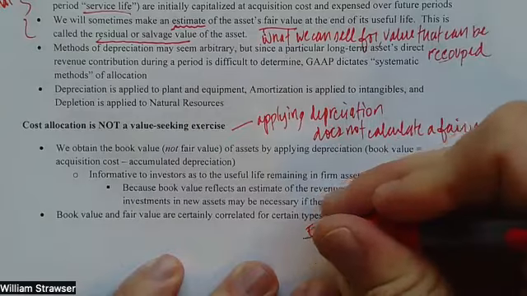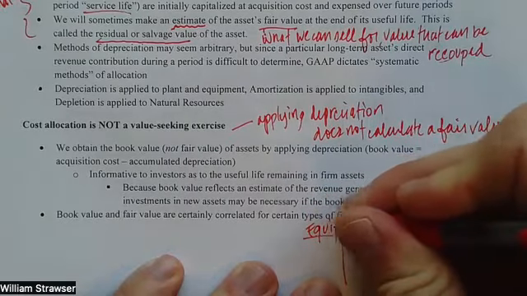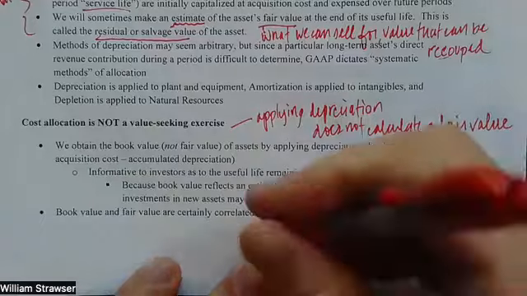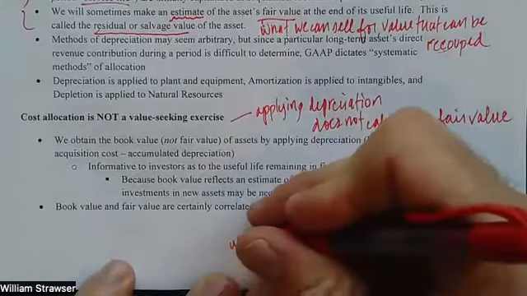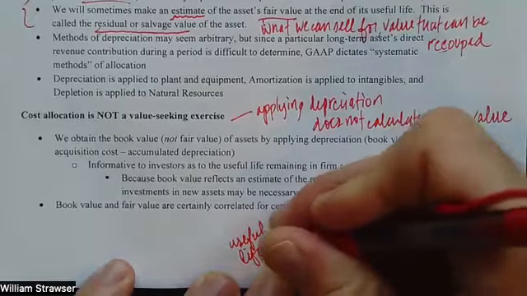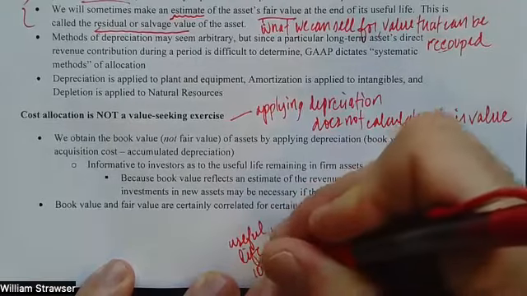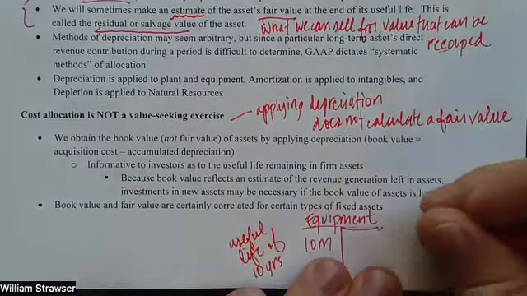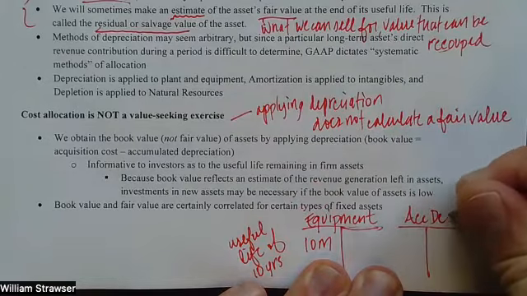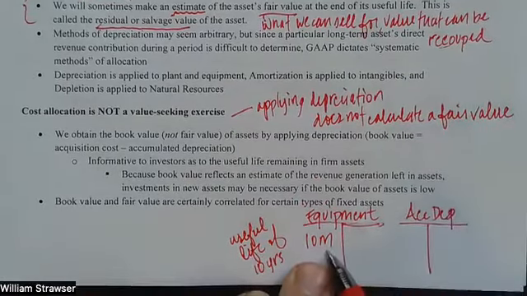Just because, for example, we have a piece of equipment that we bought for $10 million, we'll do 10 million, it's a little bit more round. We bought it for $10 million. It has a useful life of 10 years, and we'll just say no salvage, and we're using straight line. Then if we have no salvage, that means that we are going to depreciate every dollar of this amount over